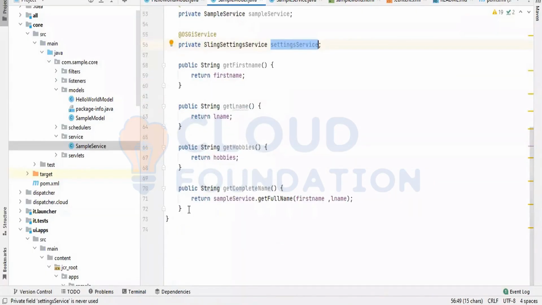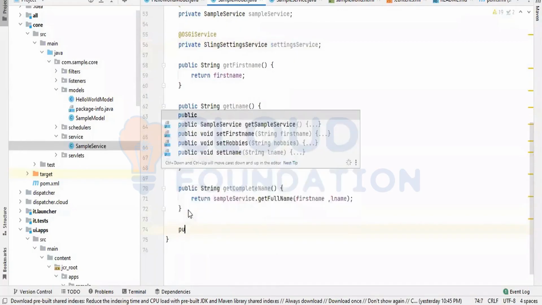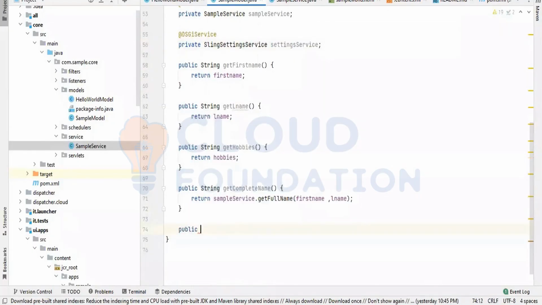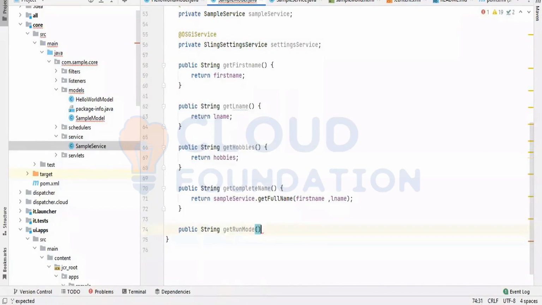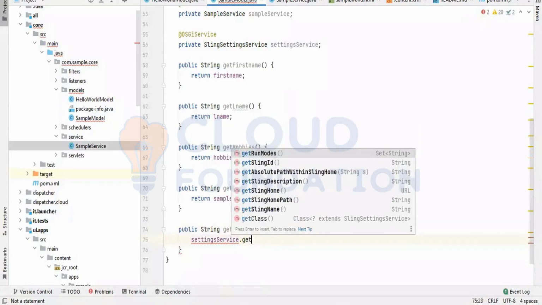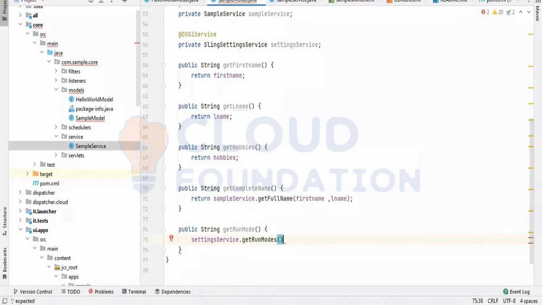Like if I put public get run mode, and here I call slingSettingsService.getRunModes. Here I will get all the